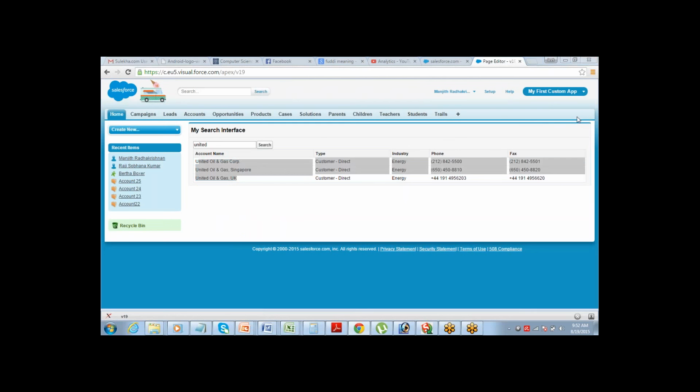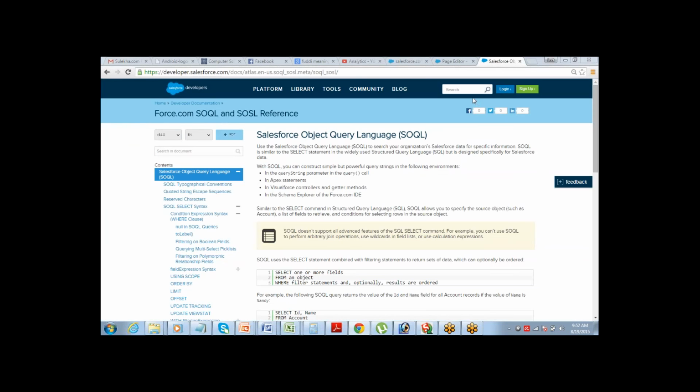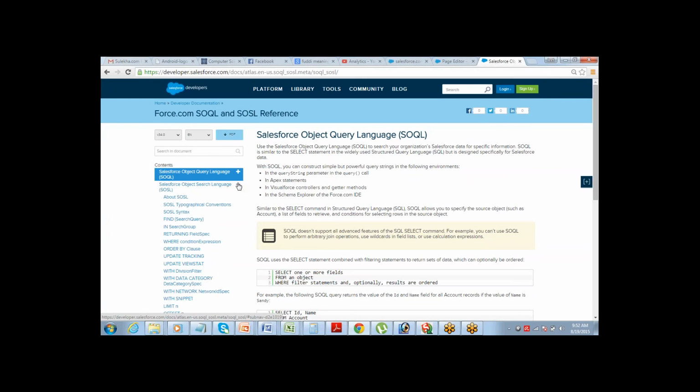Give me one moment. There is this reference guide to SOQL and SOSL, which I'm going to share. So this is a nice documentation of all the SOSL and SOQL queries.